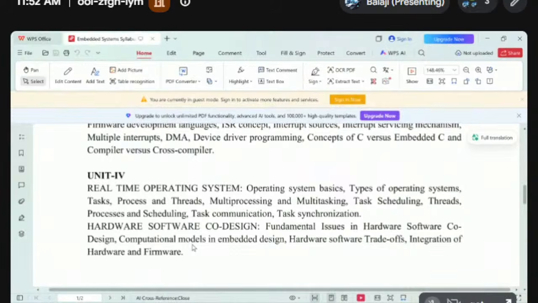Like that I can provide the synchronization concept, right? So how we are going to achieve all those tasks will be covered in the fourth unit. That's one thing. After that, task synchronization, and hardware and software co-design, that's the meaning, right? Before we develop the software and manufacture the hardware, they should